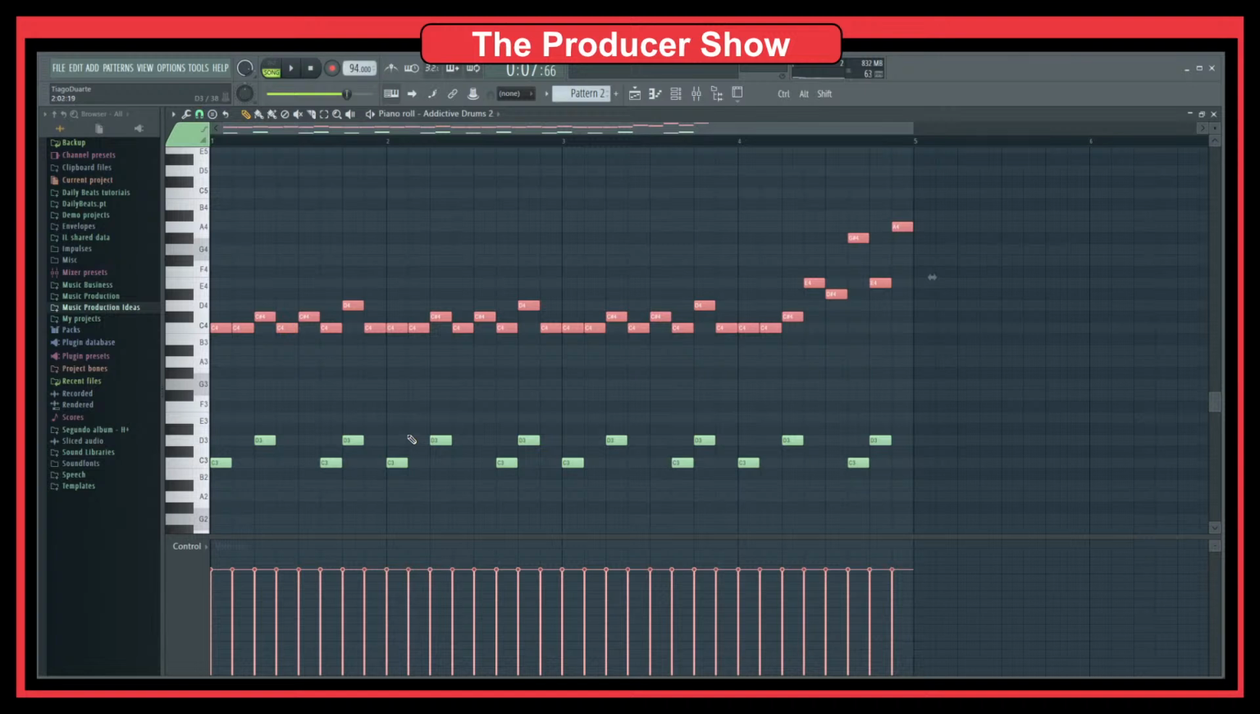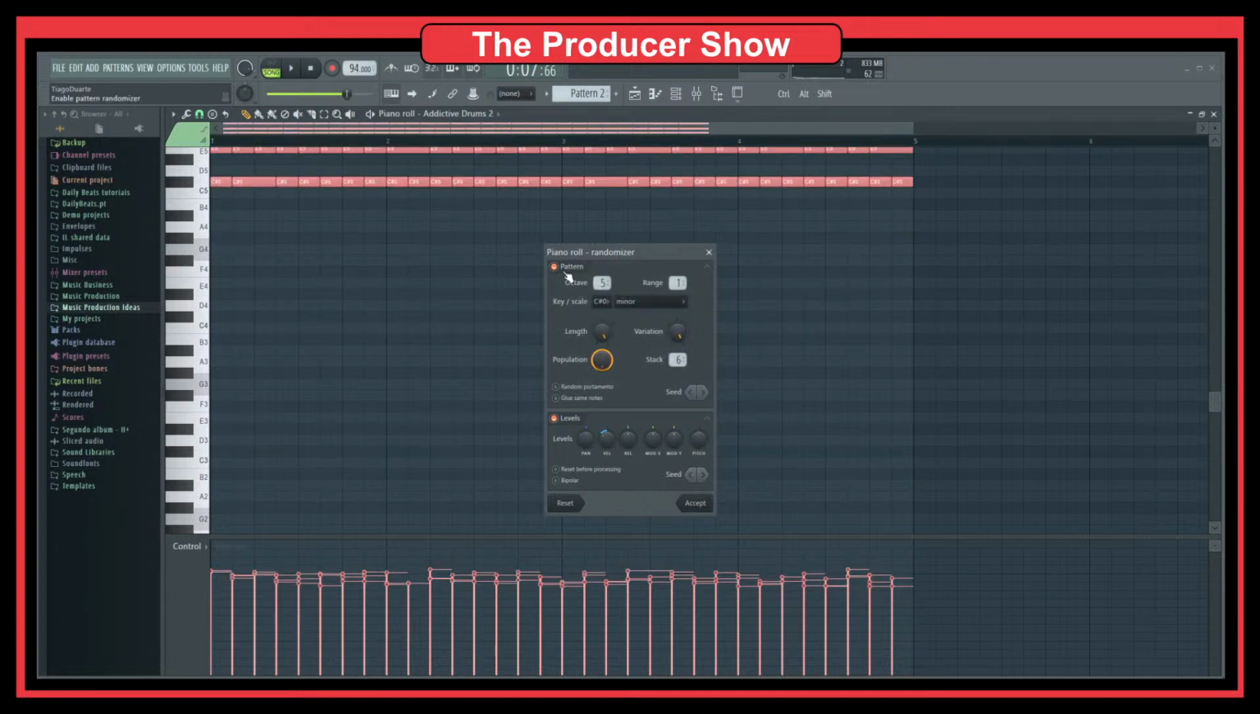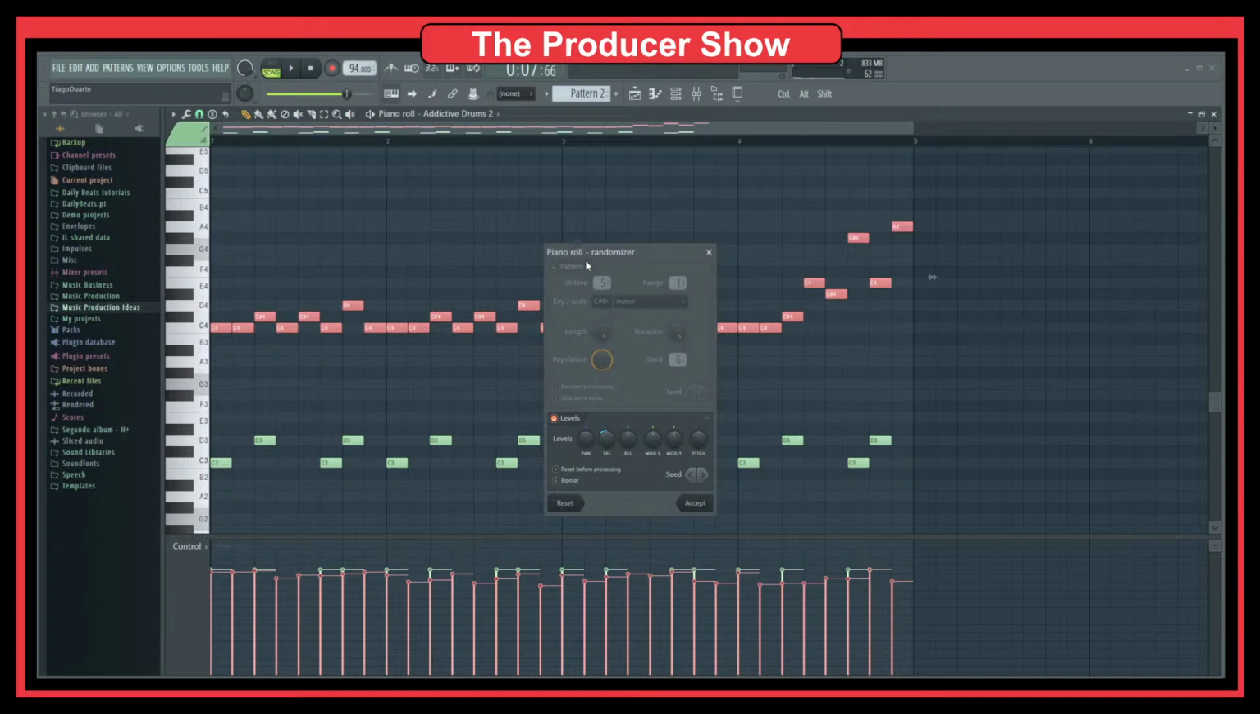Another nice way to do that is to use this randomizer. And I don't like to have the pattern, because if I do the pattern, you see that it messes up the pattern. So I disable the pattern and I just play around with the levels here. So as you can see, we have velocity. We can also play with the panning, but some plugins will not play well with the panning. But you can change the velocity here, and you see that already gave me a different volume or velocity for the notes. I can change the seed, as you can see,